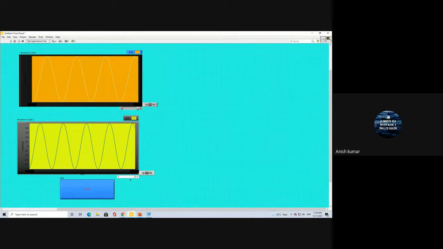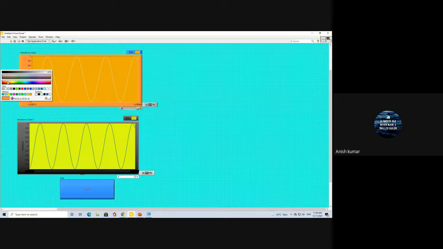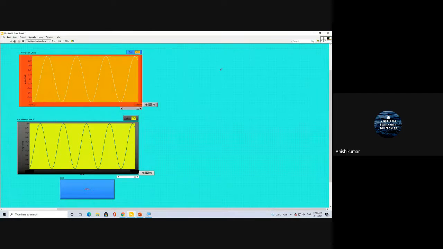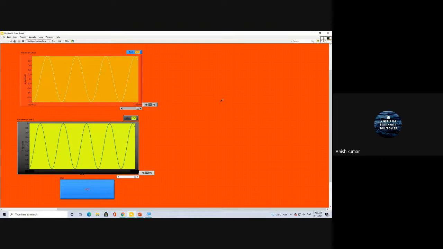Right? You can change any color. So again, after changing the color, see, the tool is not changing. Still, it is showing like a painting or paintbrush. So what we have to do is, after your setting is done,